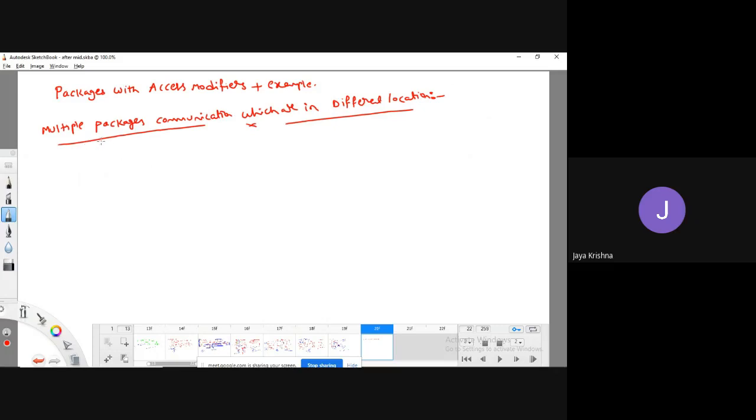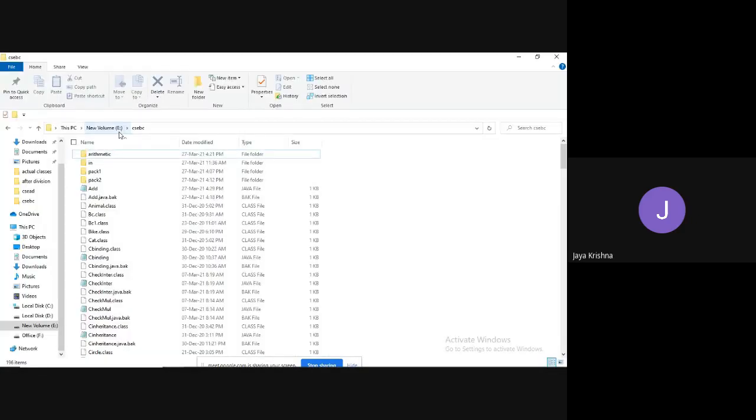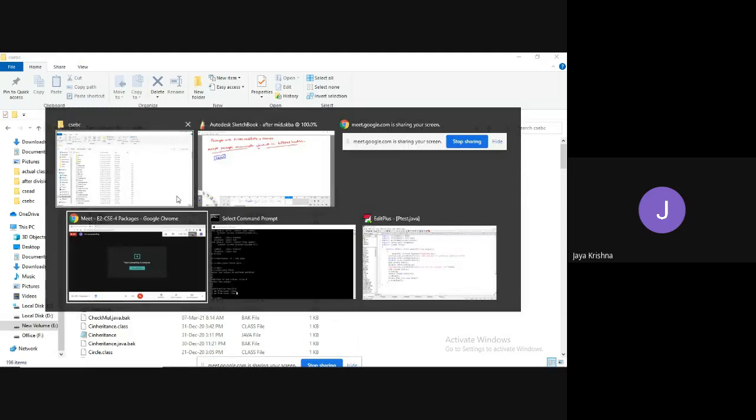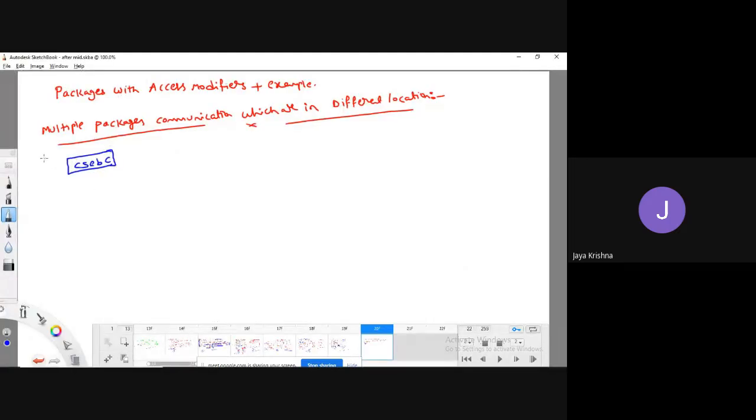Now let's see multiple packages communication means. For example, let me take there is a directory. The directory name is CSC BC, which I am working right now. Okay, fine. So for example, this directory is available in E folder. For example, I am having one folder which is available in D directory whose folder name is